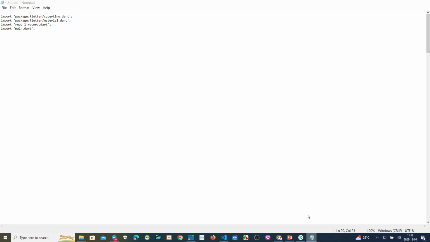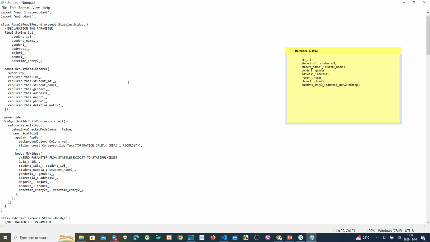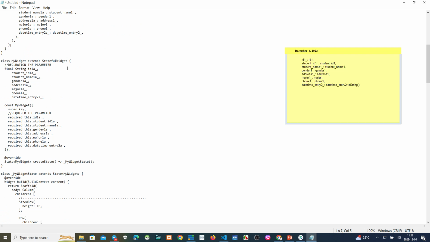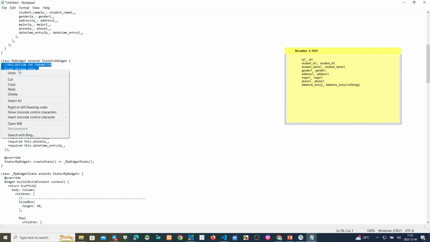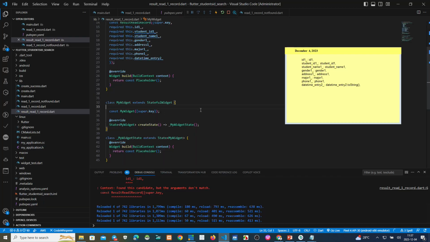We make the declaration first on the stateful widget. This is a stateless widget, and this is a stateful widget. Make a declaration again on the stateful widget. Copy.